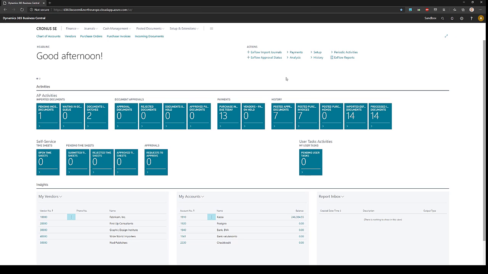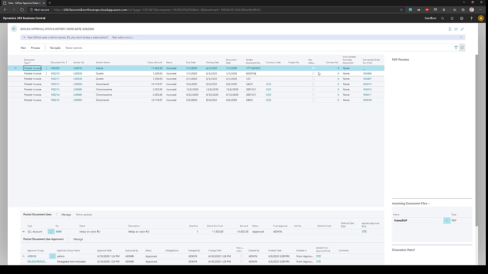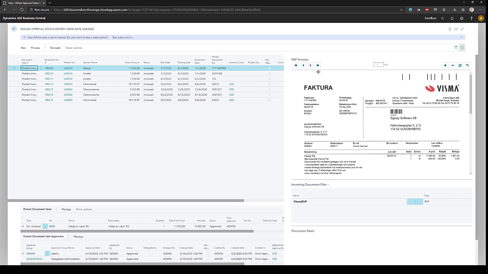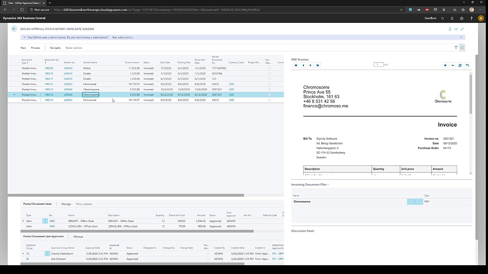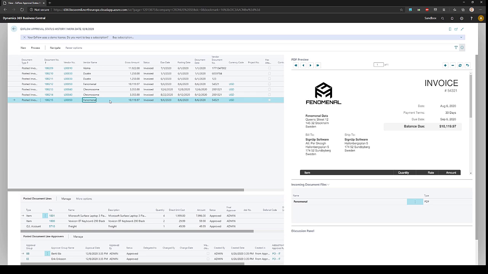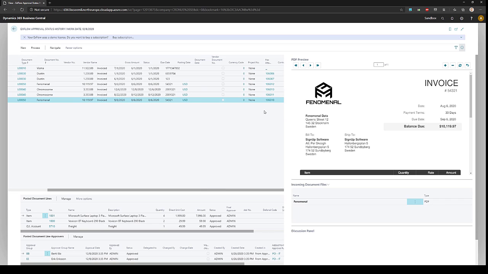When the invoices have been posted, you're always able to go into history and ExFlow approval status history, which is a very similar view to the approval status, but this only has the posted invoices. These two at the bottom are the ones that we just saw come into the system, get automatically approved, and finally posted. What you can do from here is navigate to, for instance, this phenomenal vendor, and then